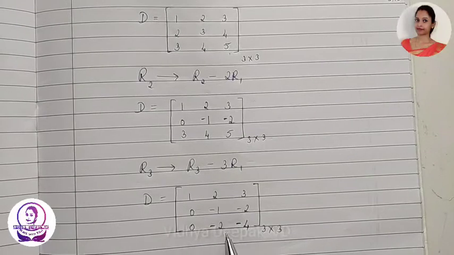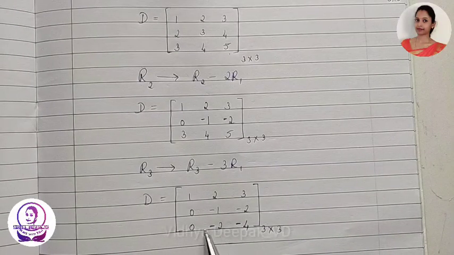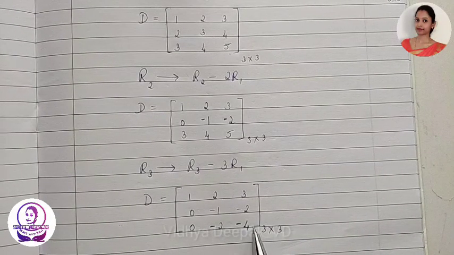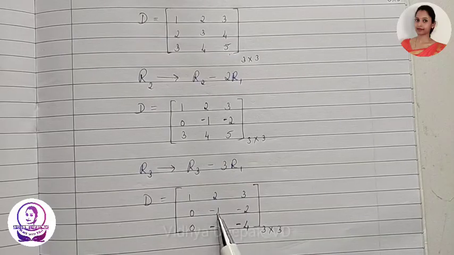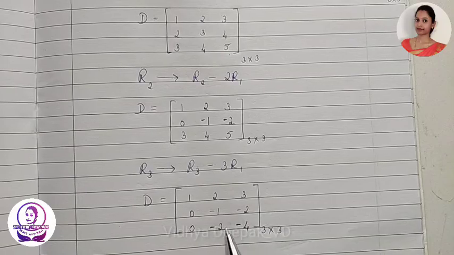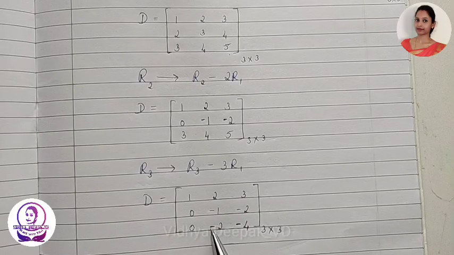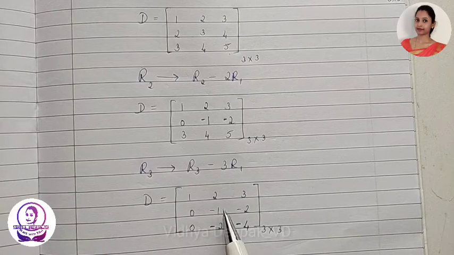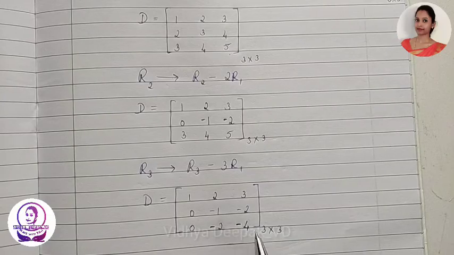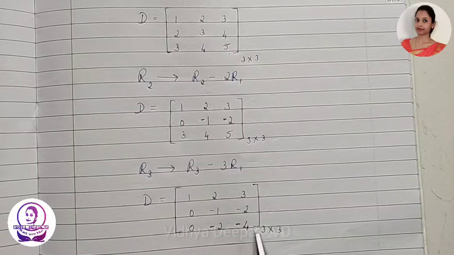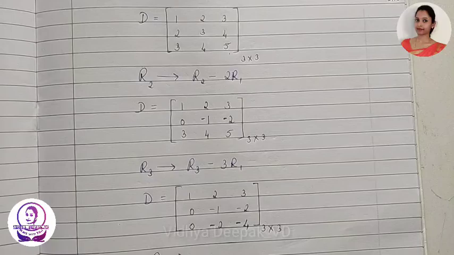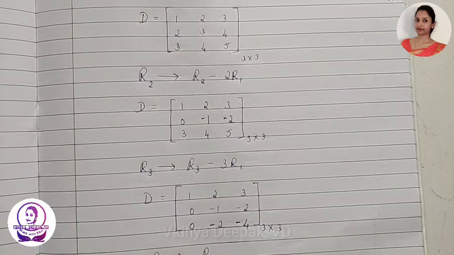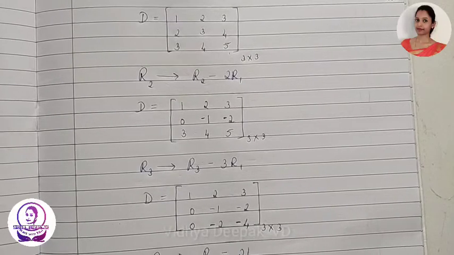Okay, so now next our aim is to make this row 0. In order to make this row 0, if I multiply this row with 2, this becomes minus 2, minus 4, right? So if I subtract this now, minus 2 minus of minus 2 becomes plus 2. Minus 2 plus 2, 0. Minus 4 plus 4, 0. So we can do that operation. So R3 is nothing but R3 minus 2R2.